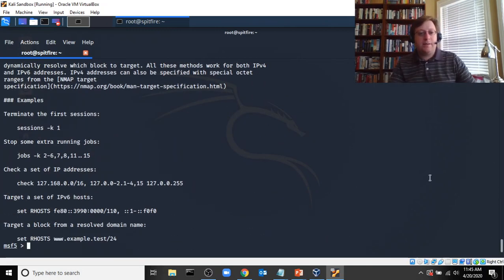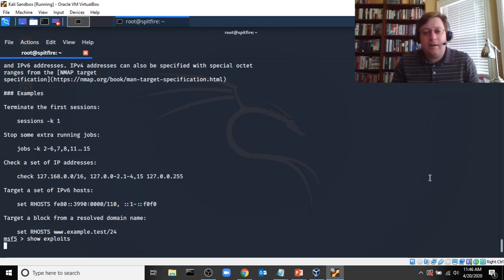So I'd encourage you guys to take a look at that if you are interested in using Metasploit. If you don't have access to a Kali VM here, this is something just to follow along with. There's not going to be any in-class work that requires you to have access to Kali or to Metasploit. But if this is something that you've got, you can follow along and type in some of these commands too. So the first thing that we can do here is if I type show exploits,